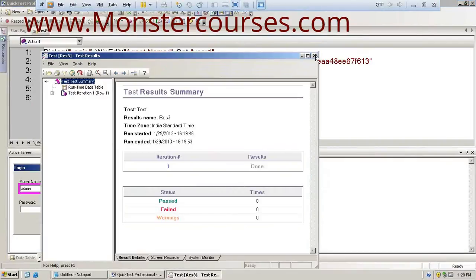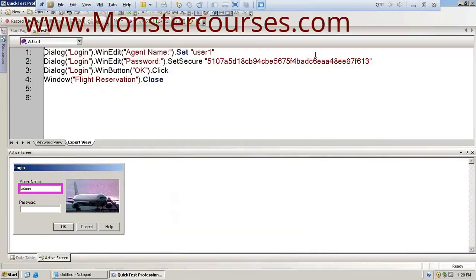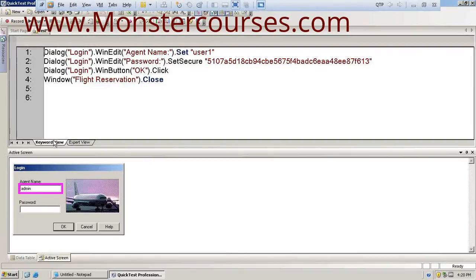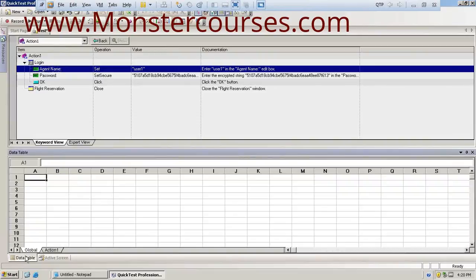Now let's say I want the tool to test the login application with 10 kinds of inputs. So no need to create 10 test scripts to test with 10 values of agent name. What we have is a feature called a data table, which looks like an Excel sheet, which is used to run the application with n number of inputs.